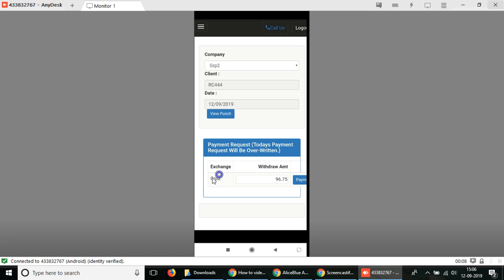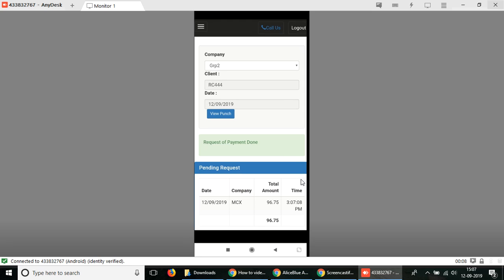So you can select the exchange, you can mention the exchange, and then you can type in how much money you want to withdraw from your account. And once you have done that, you can select the payment button. Once you click that, you can see that the request of payment has been done and the amount has been mentioned. So here's the group from the segment from which you'll be taking out the money,